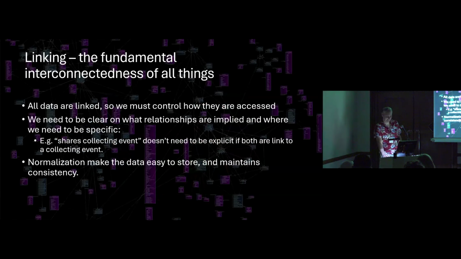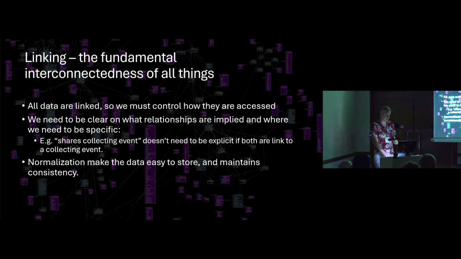Everything is linked. The data model has many paths how to link entities, all the entities across the model to one another. So there needs to be controls about how this is done in the UI and other interfaces. We need to find relationships in the model that are required to keep the data consistent. The combinations of relationships in the model can be interpreted as single descriptive relationships. For example, we don't need to define a relationship shares collecting event between two objects if they're both linked to